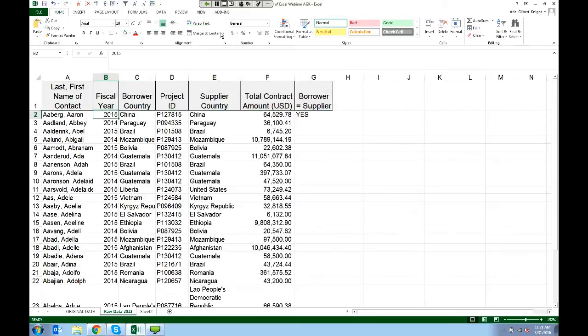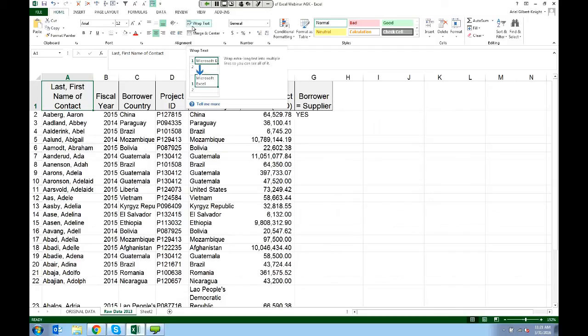You can also format in terms of alignment. So if you want your text to be centered, which is what I've chosen here, you can have it be left aligned or right aligned. Usually your labels here are going to be centered. And this is also, as a reminder, where the super handy wrap text is. The other thing I want to highlight is